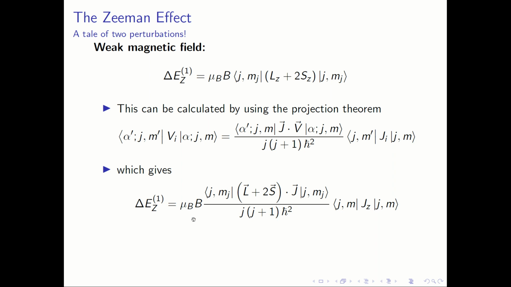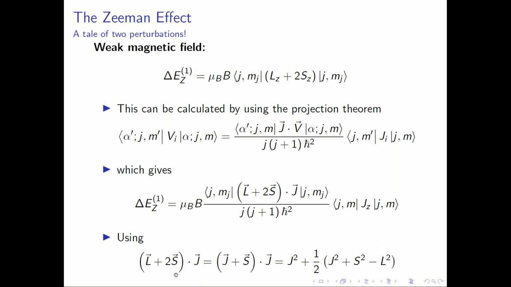Now, this calculation is pretty straightforward. You can calculate it using this. After all, (L plus 2S) dot J is simplified by the fact that J equals L plus S, and J dot J is J squared, and S dot J is of course this. And making use of this,